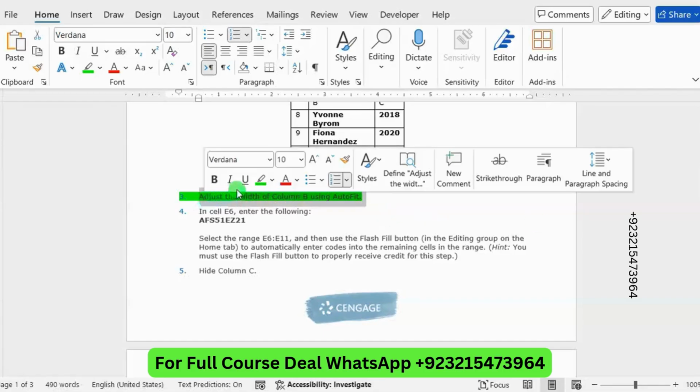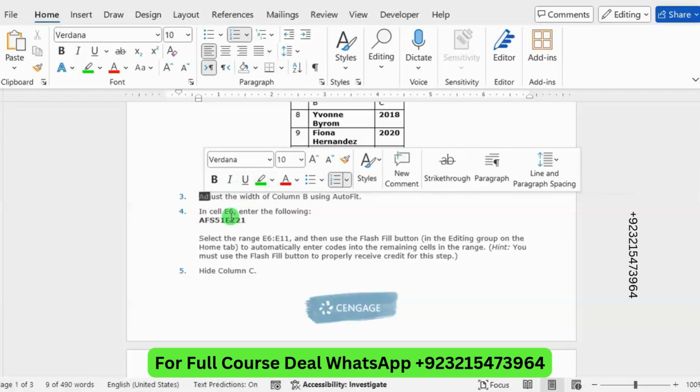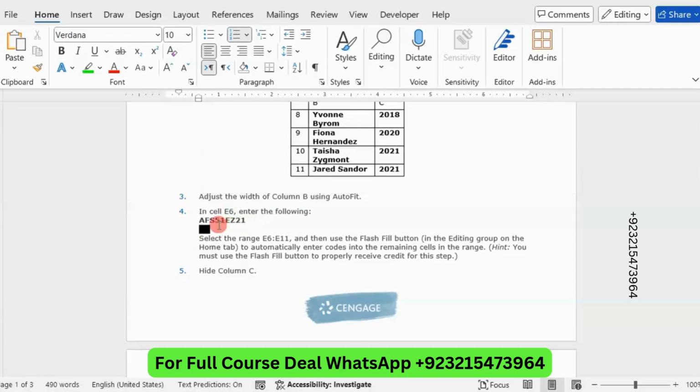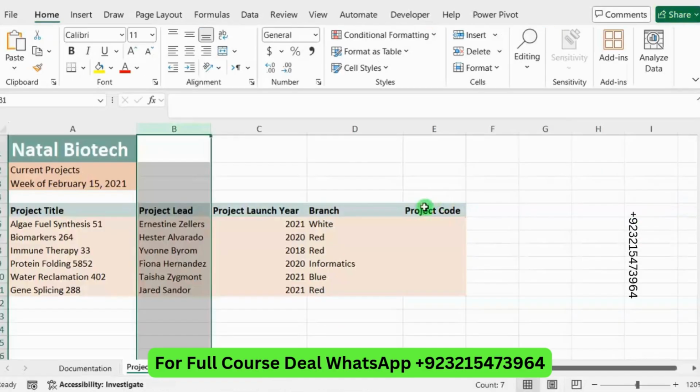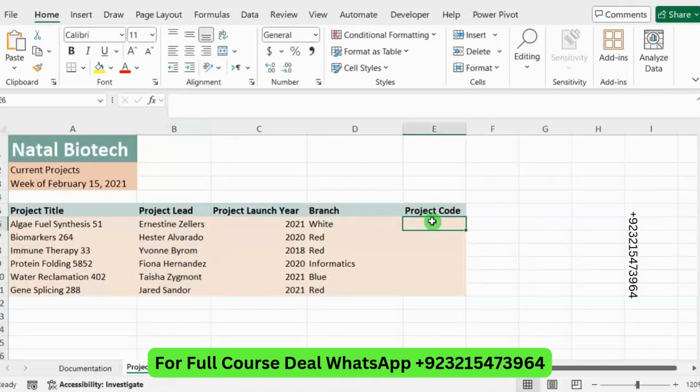Our step number 4 is: in cell E6 enter the following, select the range E6 to E11 and then use the Flash Fill button in the Editing group on the Home tab to automatically enter codes in the remaining cells, and you must use the Flash Fill button. So copy this text and paste it into E6 here.